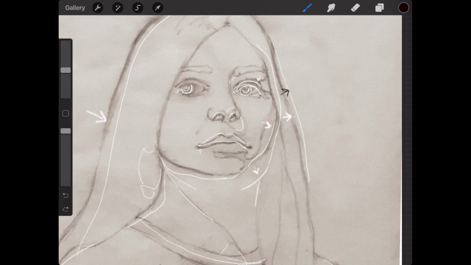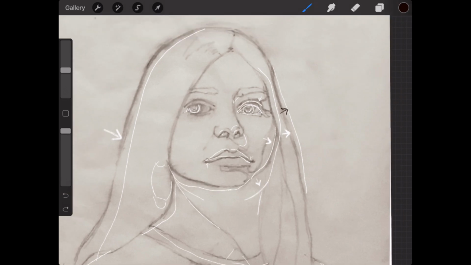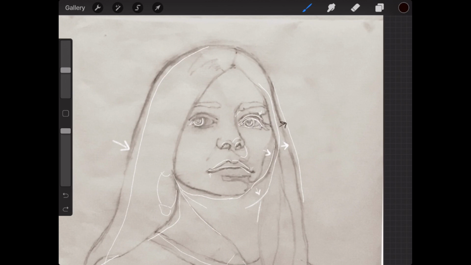And just be like, this side drops down, you're going to want to indicate that line dropping down. And this shadow, this space feels a little small, which is making her look younger. So I would bring that down to about here, almost level with the chin. It just kind of slowly tapers up. So if you open up that bottom half of the face, I would do that first before you go in and work on the features, because it's totally going to change the portrait and it's going to start looking a lot more like the model.